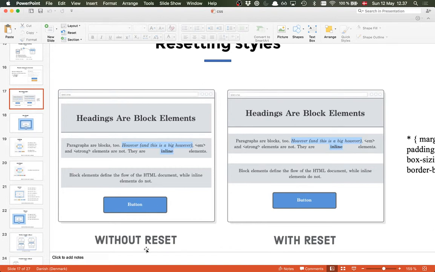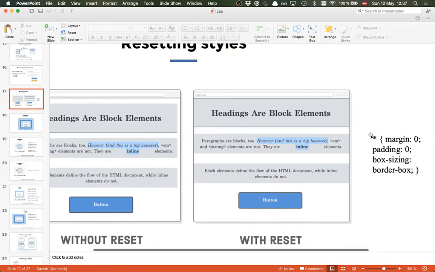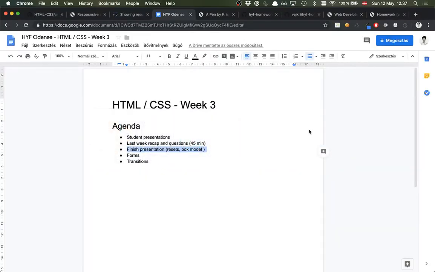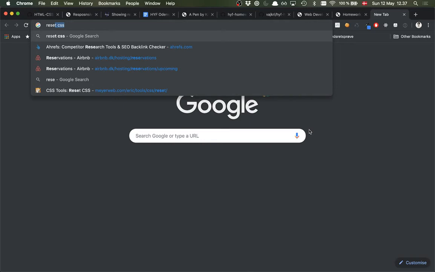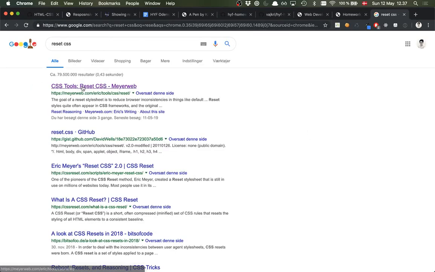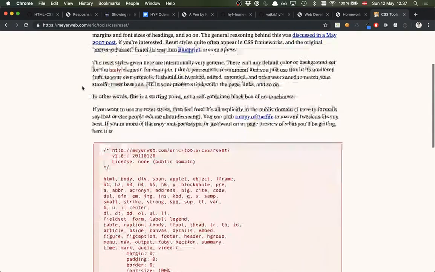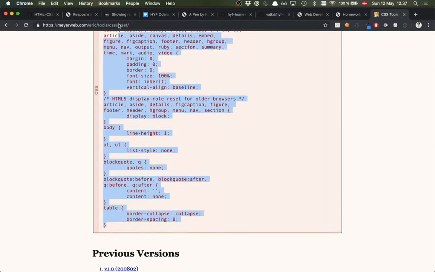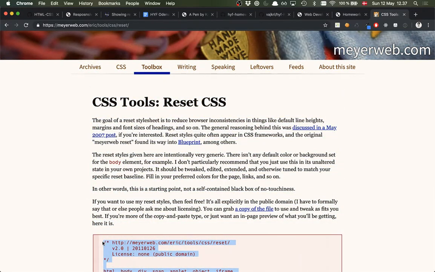So this is an example of without resets, and this is with resets. When I mean reset, at least, I mean this one that's called reset CSS. It's something pretty standard. It's not something you need to memorize at all. It's just something that you add to your